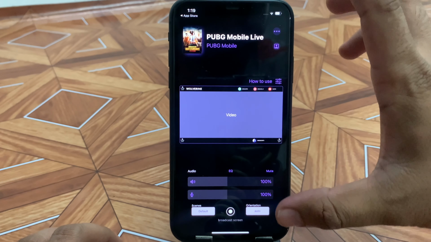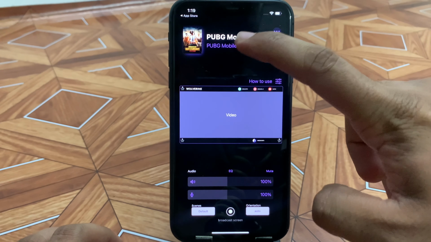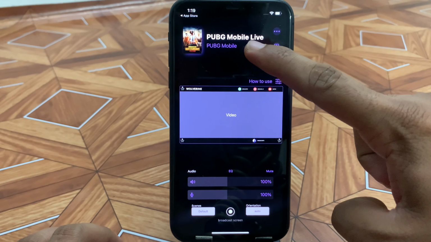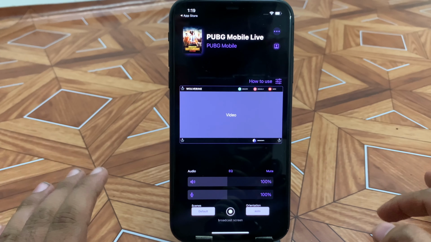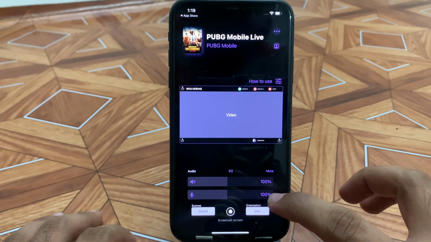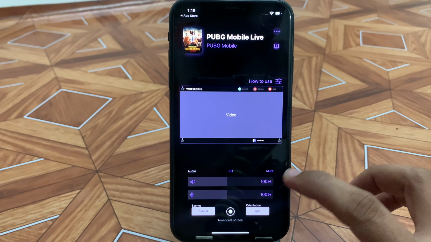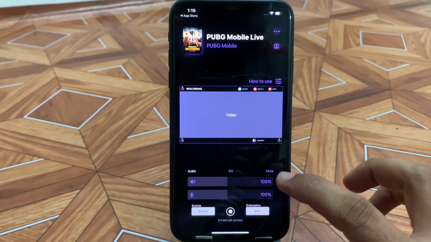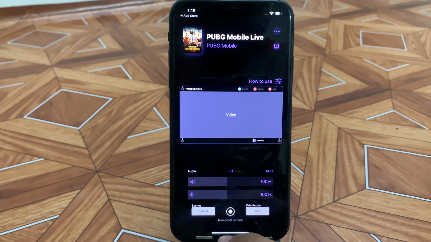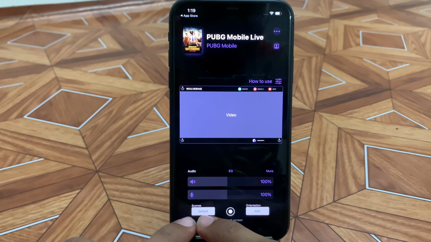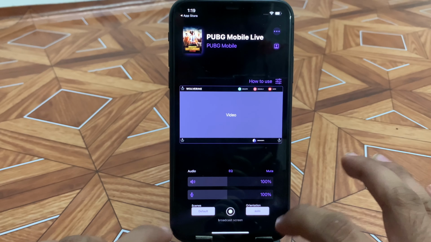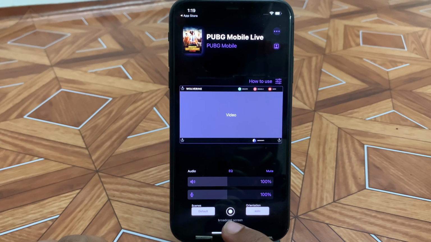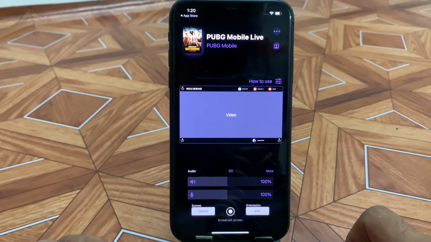Next, I'll explain the whole UI of the app. Since we already named the title, now this is the video section which viewers will be seeing. Next is the audio and mic section, which is already set to 100%, so you don't need to change anything. Next is the scenes, I'll explain about the scenes later. On the right-hand side is the orientation, you don't need to change anything. And in the middle is the broadcast button, by which, when you click on it, you will go live to YouTube.